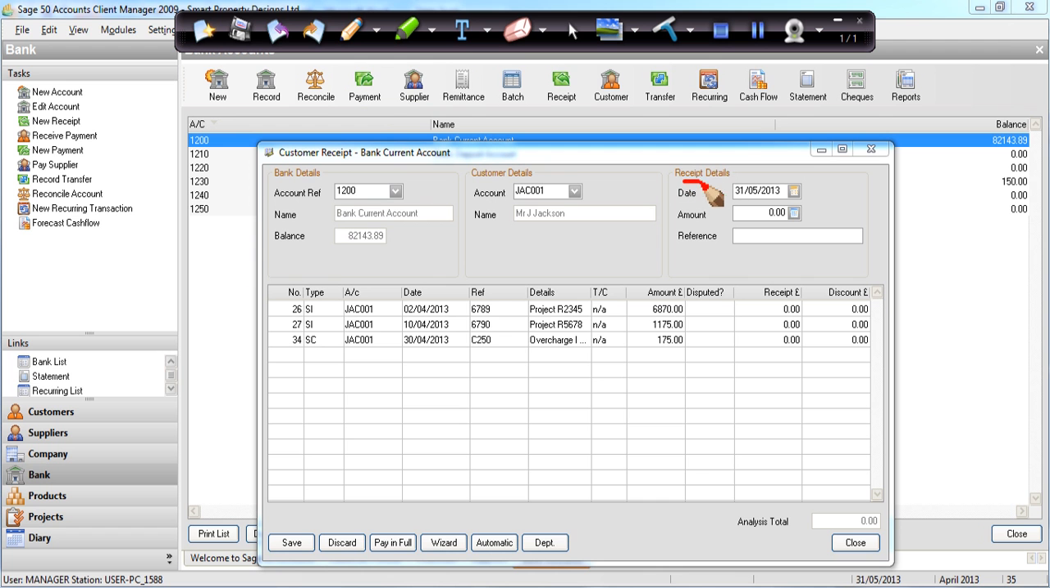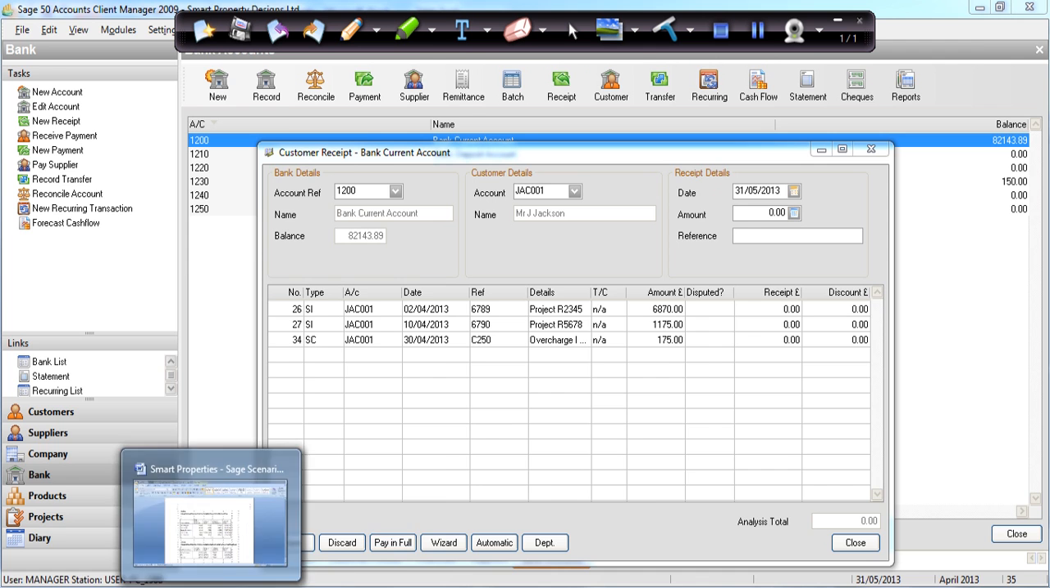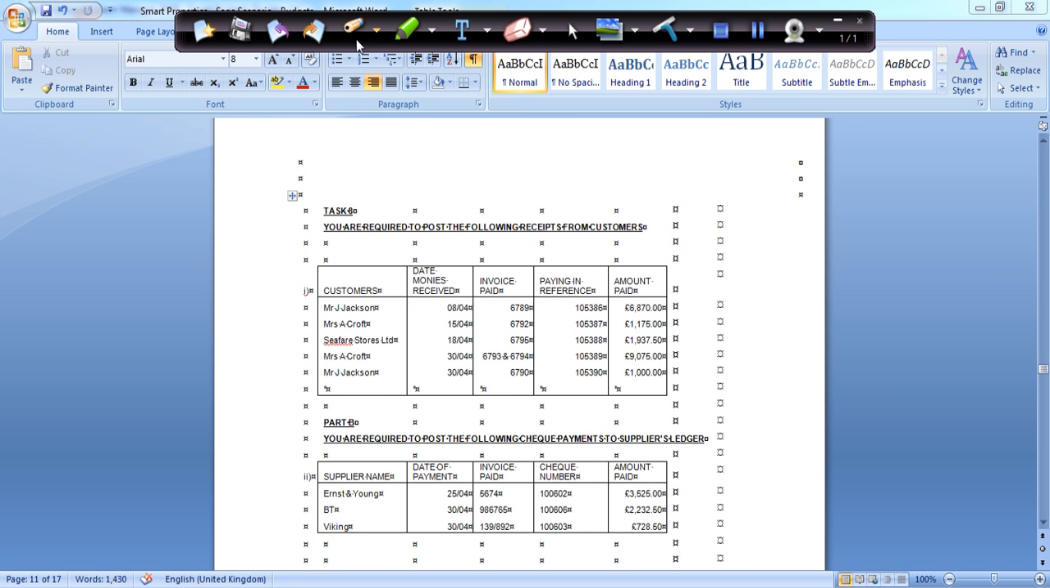So we're coming into the receipts section. The details that we need here are the date. So again, if I go back to the question, let's find the date that the monies were received. It's the date that we receive the monies that we need to enter here, which is the 8th of April. So I'm now just going to enter the date 8th of April